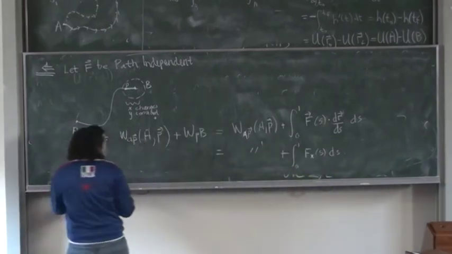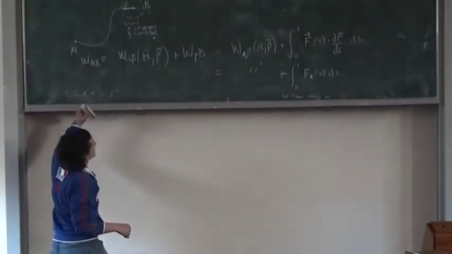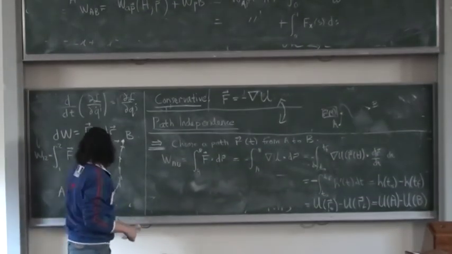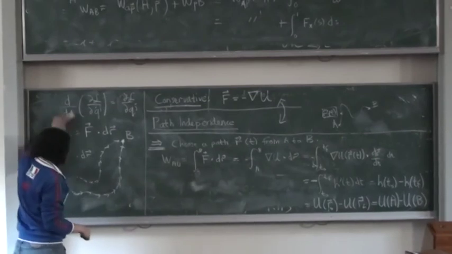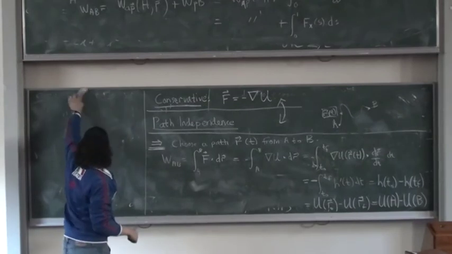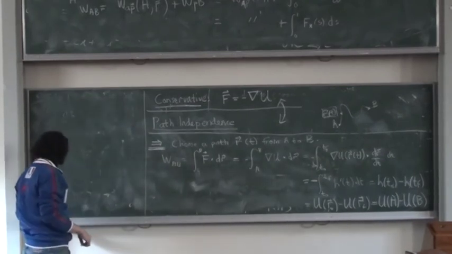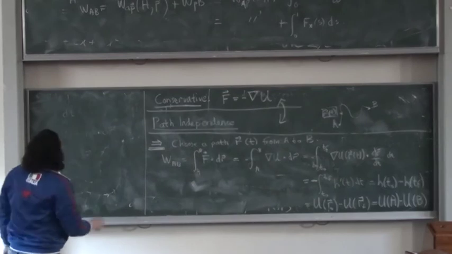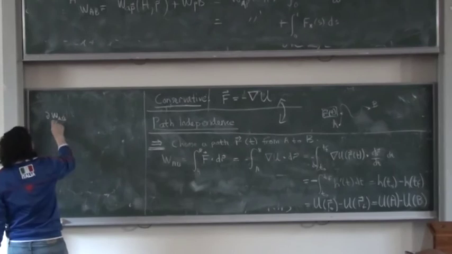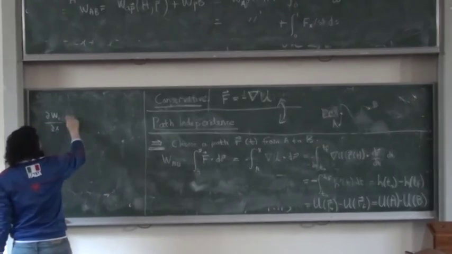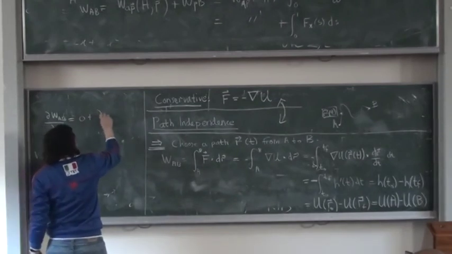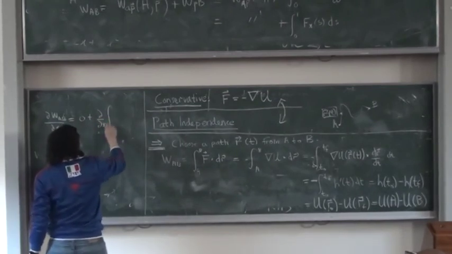So we now differentiate the value of that work with respect to x. We're going to get an interesting equation. We're going to get the derivative of the work from A to B with respect to x is equal to 0 plus the derivative with respect to x of the integral of